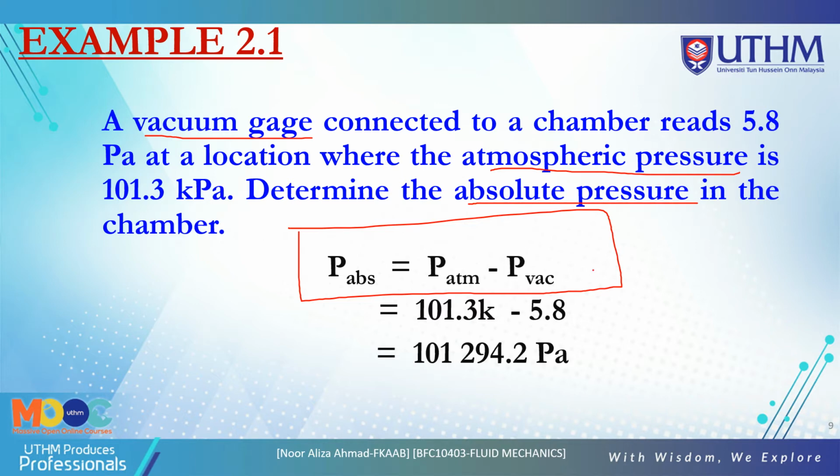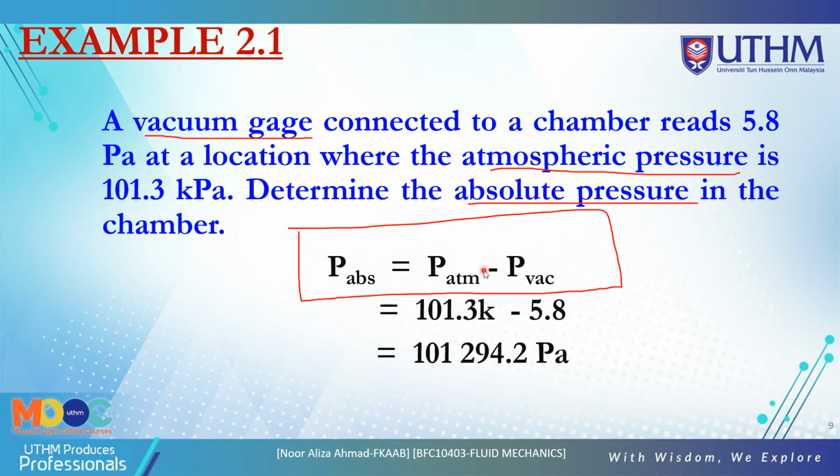you just directly use this equation: P absolute is equal to P atmosphere minus P vac. Just put the values here and you get the value of P absolute. Just remember this equation, because it is not given in your test or in your final. You just remember what P absolute, P atmosphere, and P